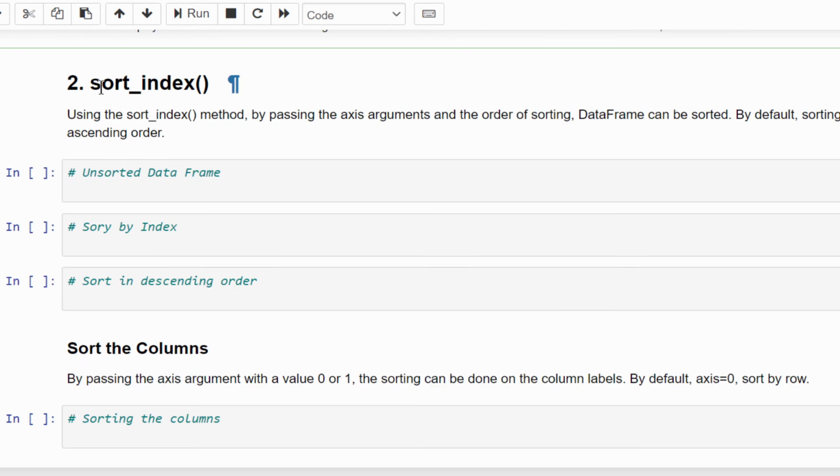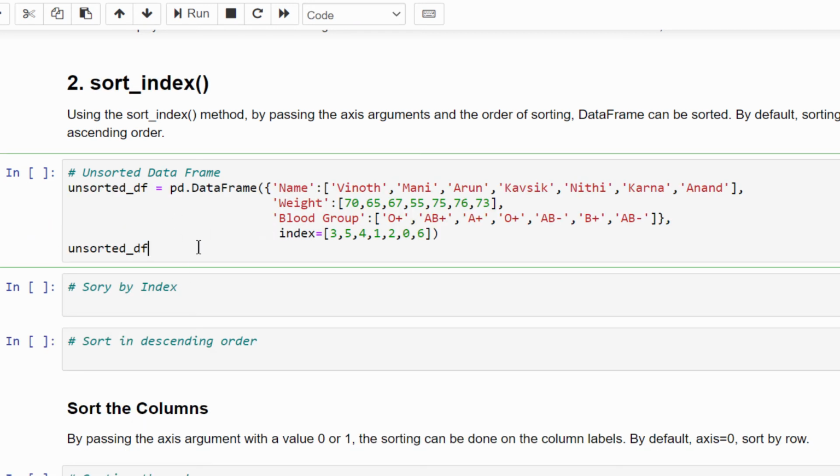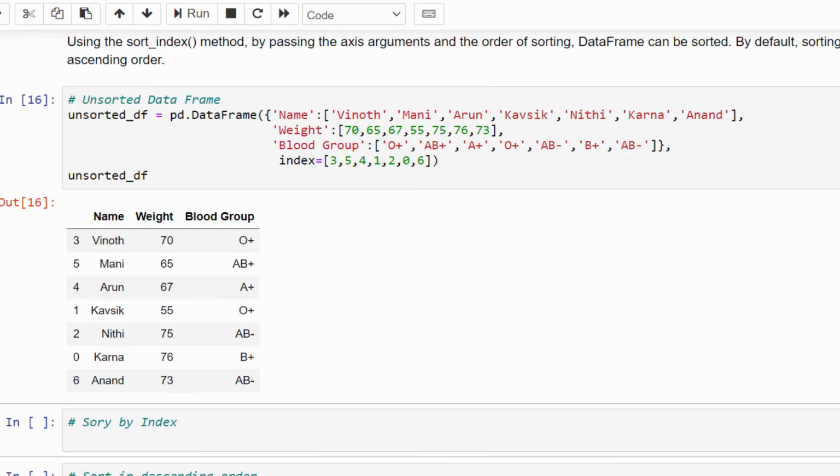Now let's learn the second one, sort_index. Let's create one data frame using the dictionary concept. So let me execute. Here I gave an index number for each value. This is the index and you can see it's not in ascending order, along with the name, weight, and blood group of each person.